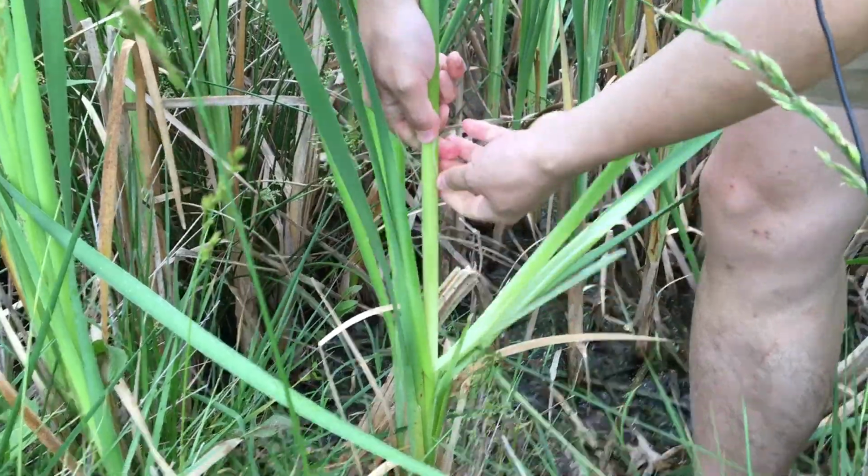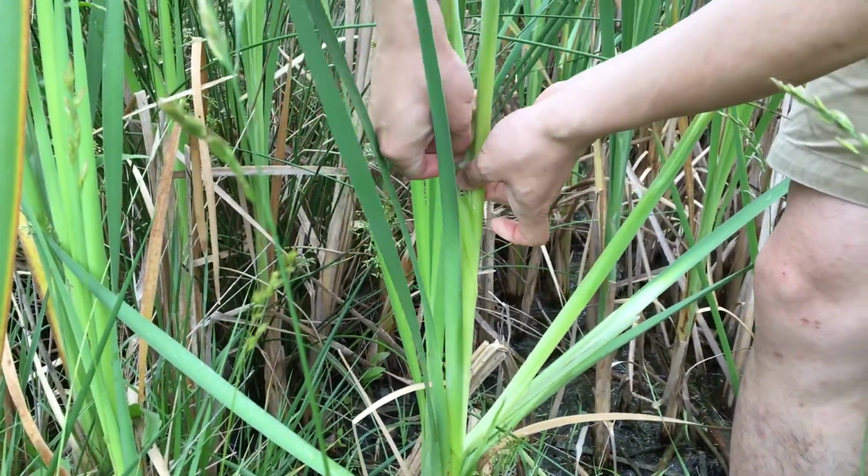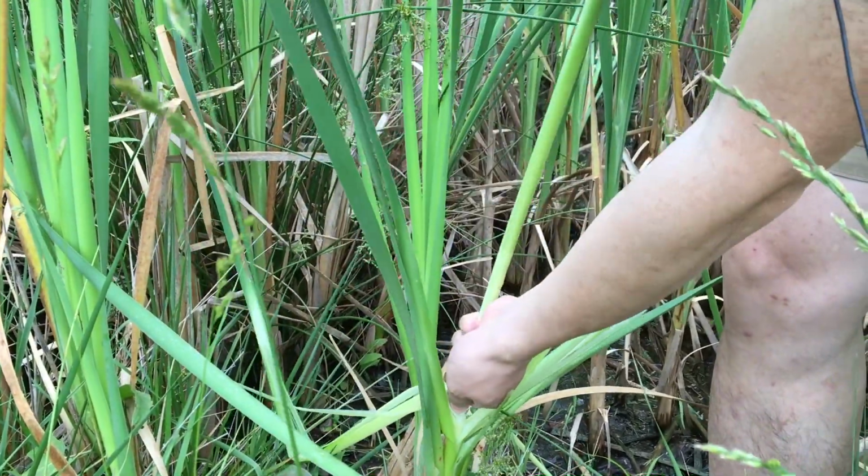Let me see. Okay, maybe this one is too old. Let me see if I can. It's very slimy, so